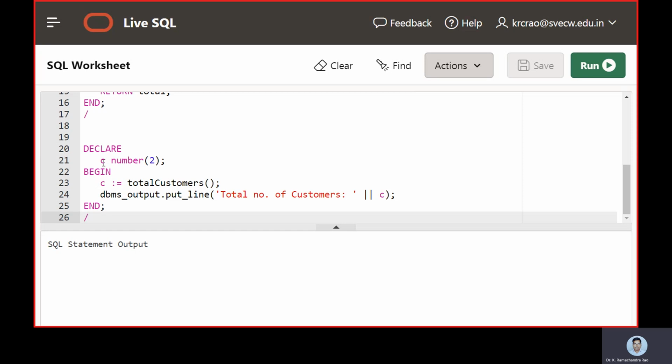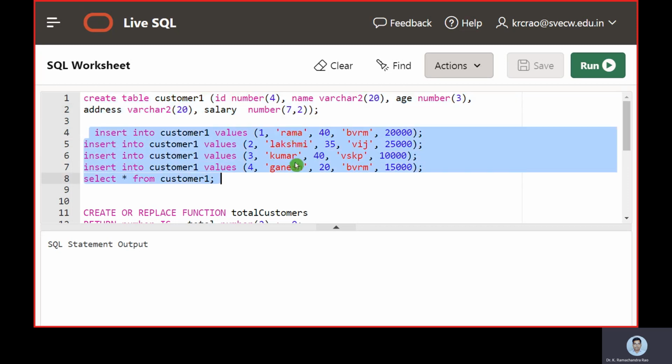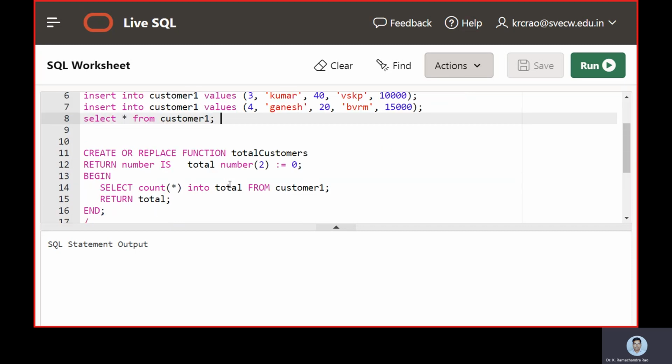So that's how we are declaring it. So first part, we create a table. Table name was customer. It has identifier, name, age, address, salary. Next, it is going to use insert commands where we make 4 insert operations, and finally we will display the customer table.